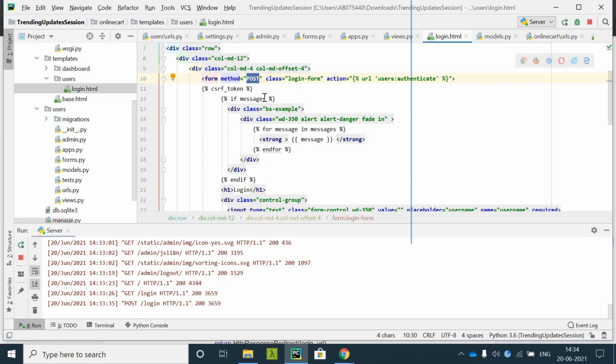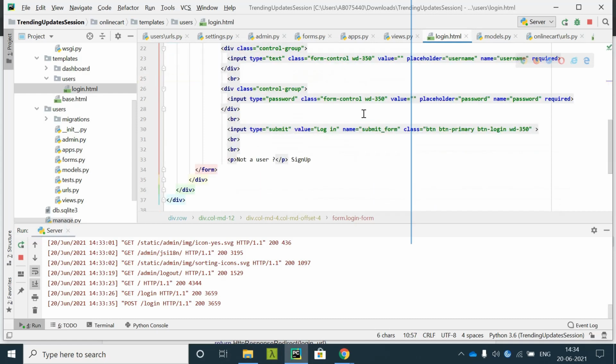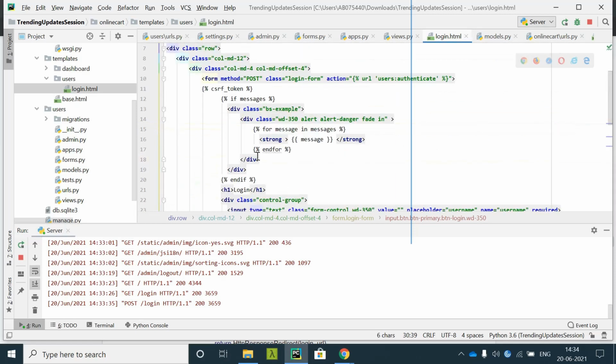This has nothing to do with your functionality. And action is, once you click on this submit button, this input, this button is of type submit, and once you submit, this will take this whole form and submit it to the authenticate view, which is present at users authenticate.